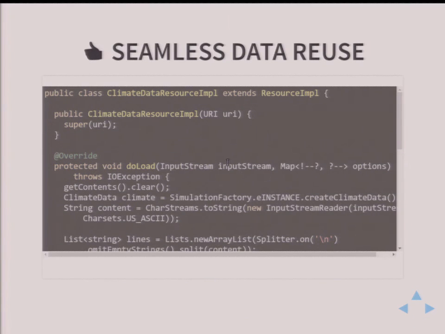Another nice aspect of EMF is that it's using this concept of a resource, which is a REST-like API. And because of that, we can just load the model in here. If, for instance, we just import the CSV file as a model directly and put it directly as such, then other tools like Sirius or EMF Compare or whatever can directly load the model and figure out what information there is in it.